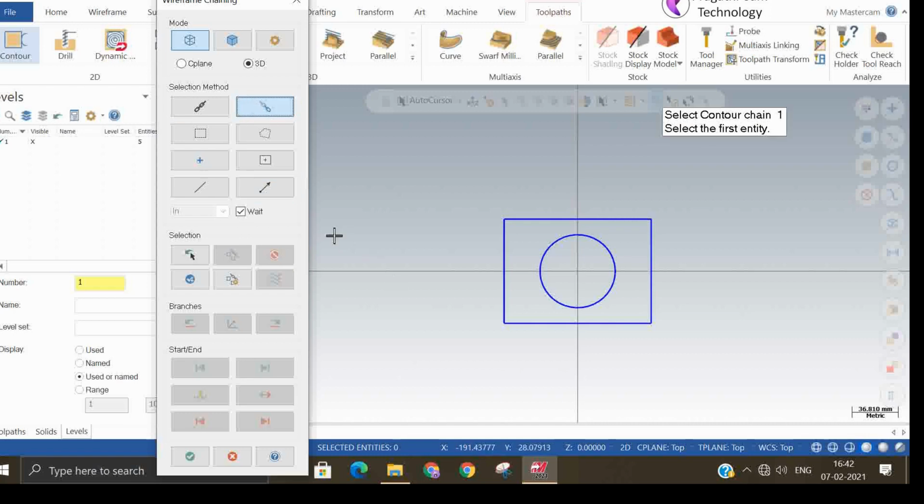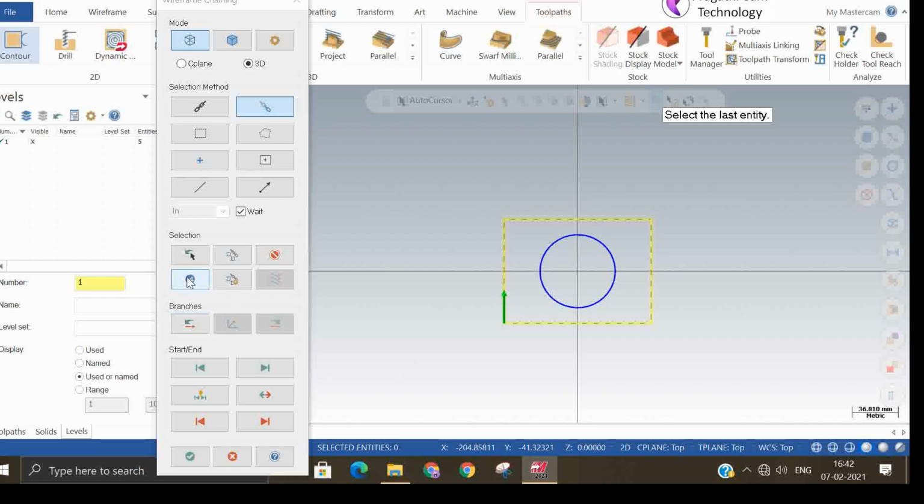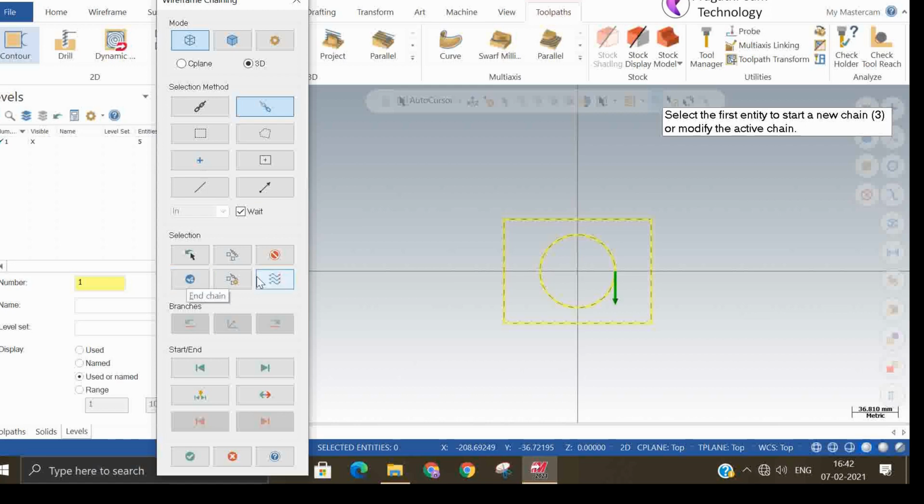So this is the selection acceptance. Okay, here you accept the selection. Accept. So this is the display selection arrow. Suppose you want to reverse the arrow direction, you can reverse it here. If you want to check the start point and modify it, that is how you can use it. It is very useful at selection time. These all are the wireframe selections we have seen.